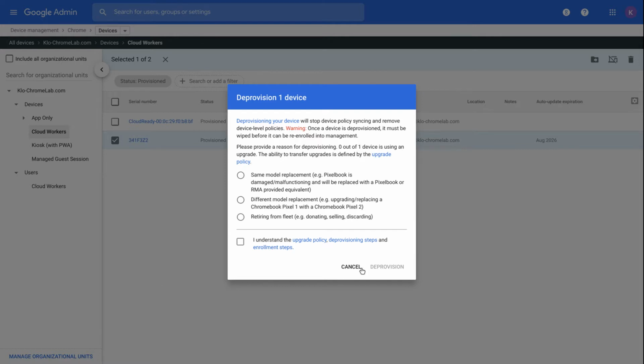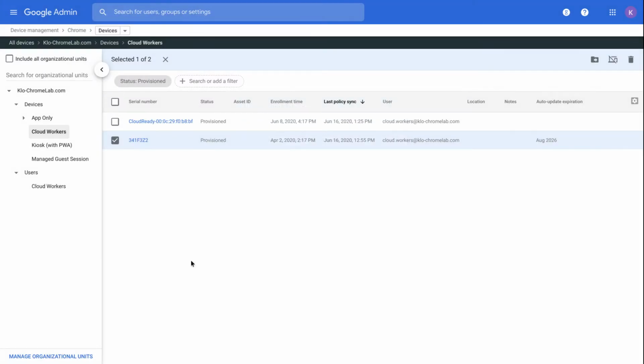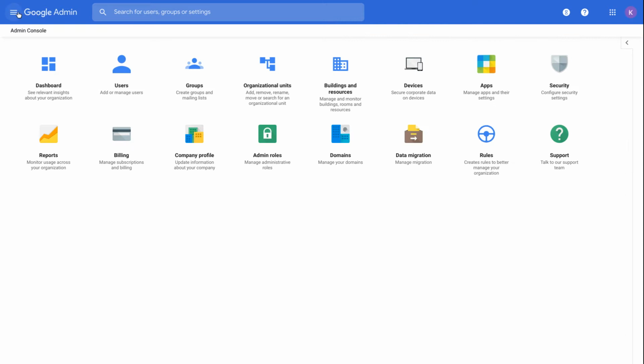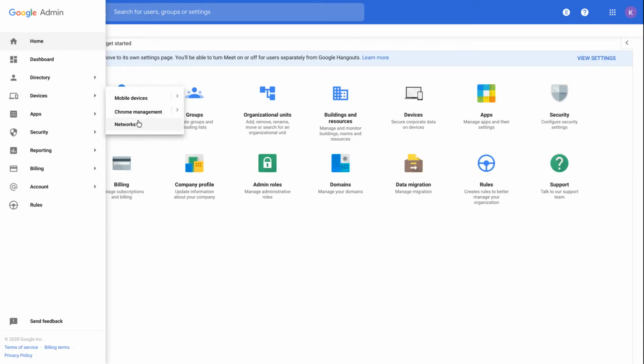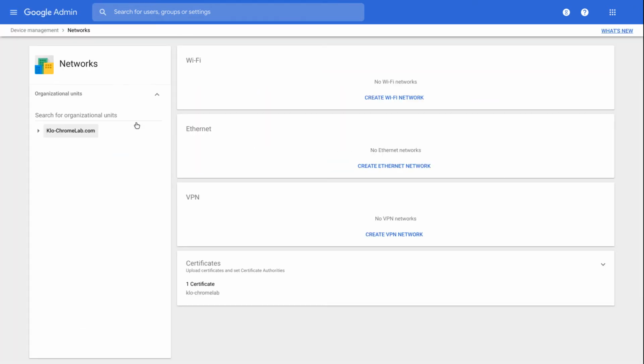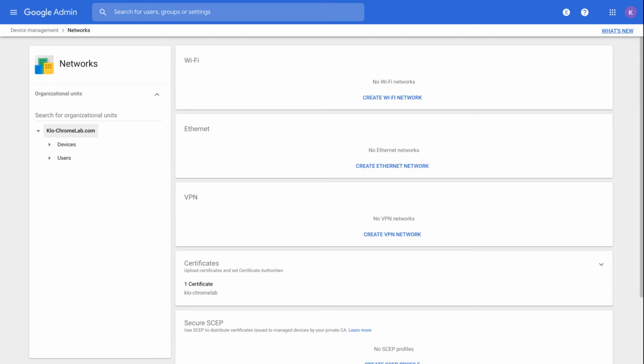Okay, so the last part that I will show you now is about network settings. Basically, from here, you can create network profiles such as Wi-Fi, Ethernet, or VPN, for instance.